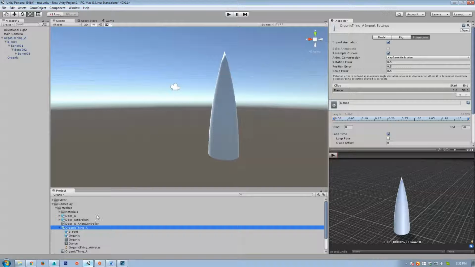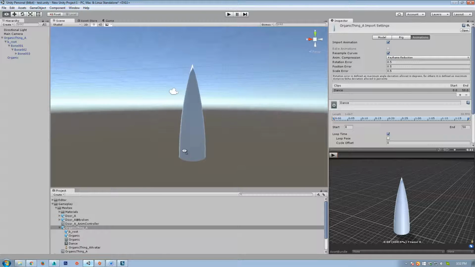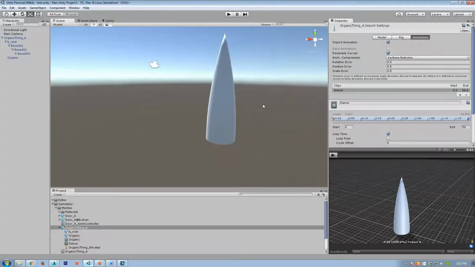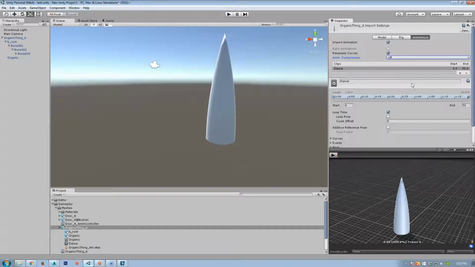It's a form of optimization. The other option you have is under your animations. By default, under animation compression, keyframe reduction is on, and Unity just tries to take this and kind of smooth out your position, rotation, and scale, and try and optimize this as best as you can. Now, most of the time, this is fine. Makes your meshes look good. Sometimes you have something really complicated, and this can actually cause a bit of a problem. So if you ever want to just turn this off,